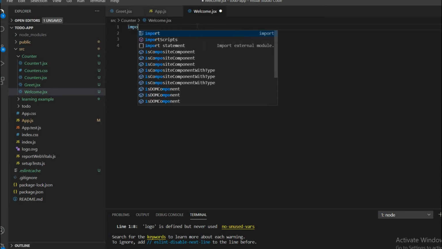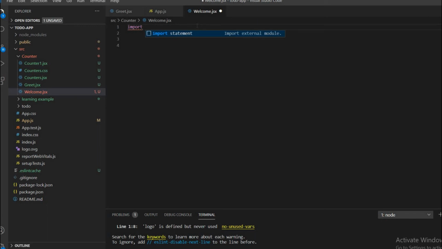So first of all I import React from react.